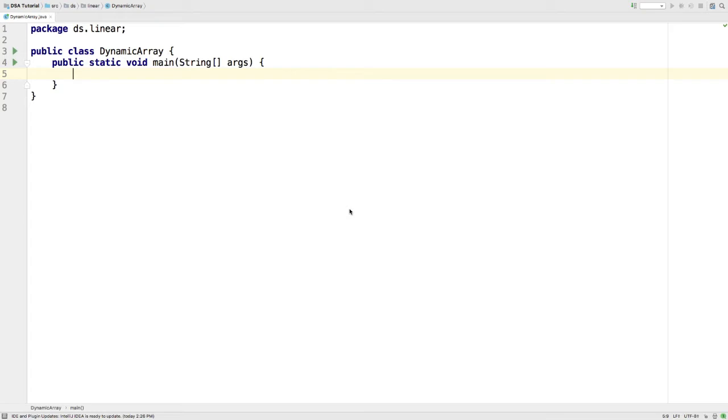So I have already created a dynamic array class, and that is our main class. In the same package, I'll be creating another class with the name Array.